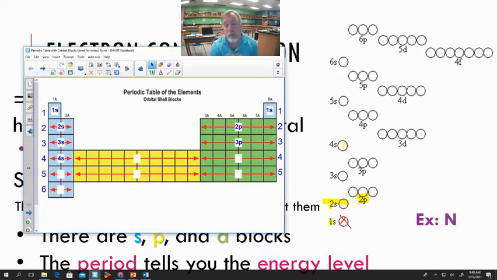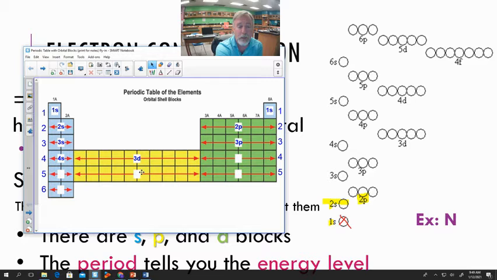But here's where it gets a little weird. We talked about this before. The 3d got pushed up. Or rather, I should say the 4s got pulled down. So it's now below the 3d energy level. And we said that we didn't need to worry about that too much in our bubble chart because our bubble chart already had things in the right order. Well, so does the periodic table. So just like our bubble chart, after 4s here comes a 3d, same with your periodic table. After you've gone through your 4s, now you're going to come into your 3d.